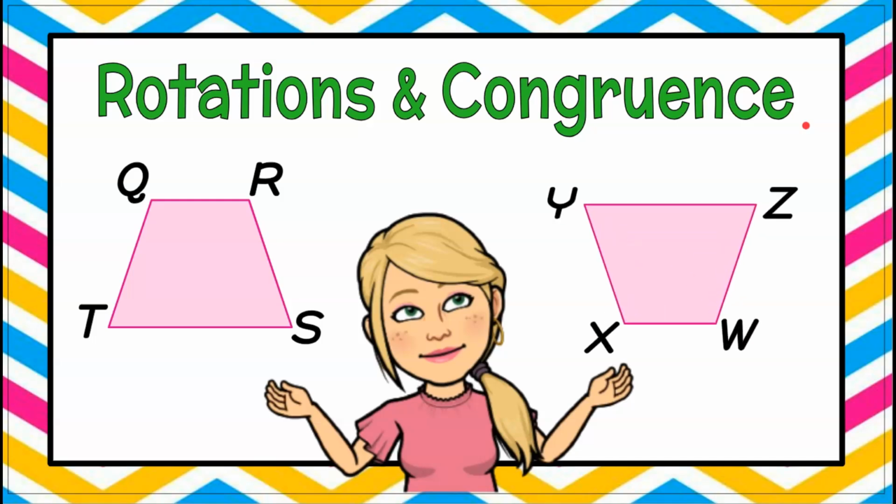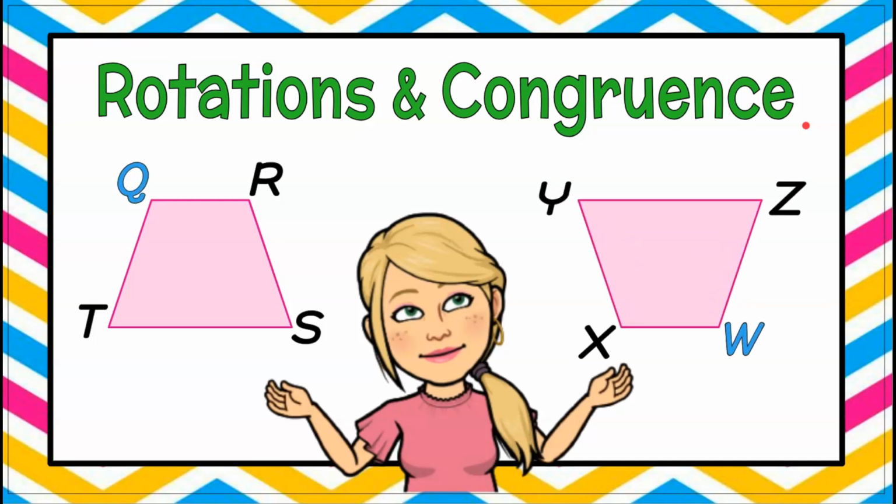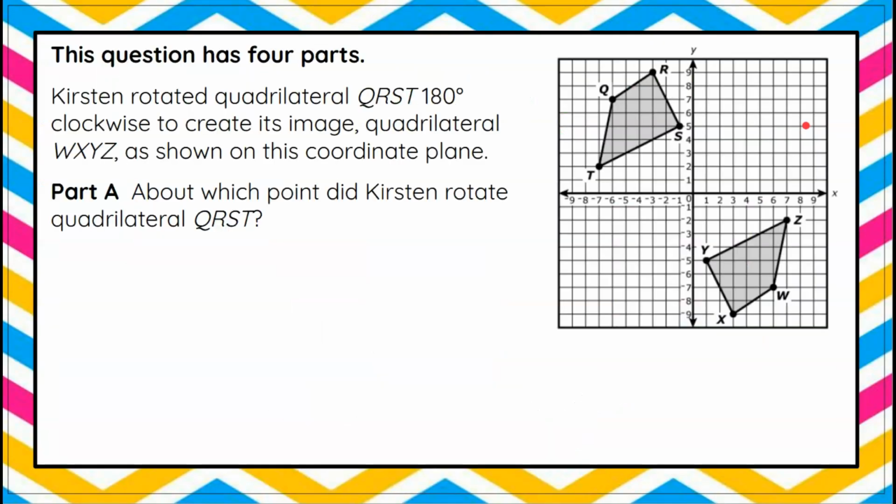It's the magic of math here, and today we're talking rotations and congruence, where we will identify the center of rotation, corresponding angles, and corresponding sides. Here we have a four-part question. We'll begin with understanding that Kirsten rotated quadrilateral QRST 180 degrees clockwise to create its image, quadrilateral WXYZ, as shown